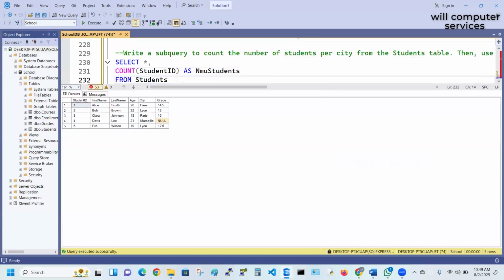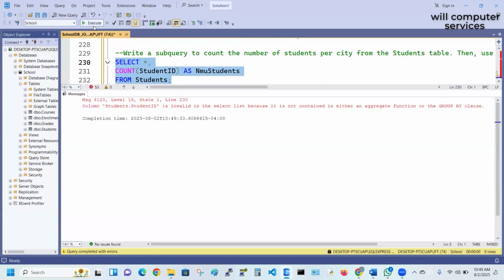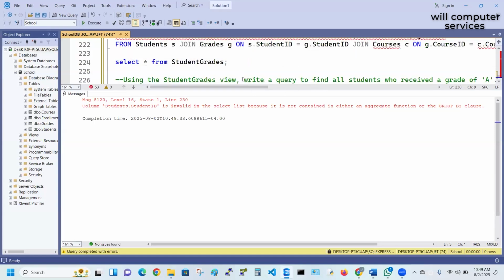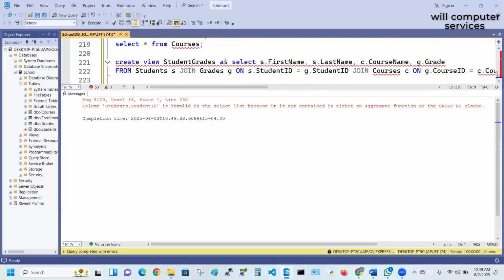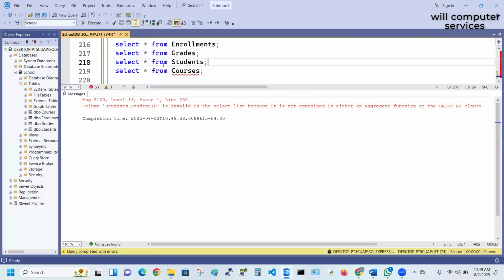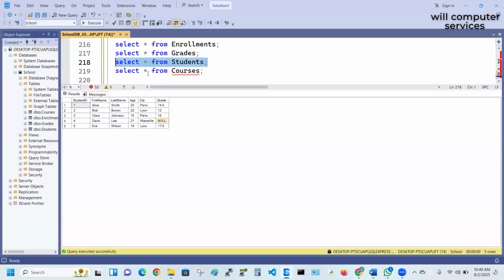So if I do this, let me see. How's this? Right. Why are you selecting all in the first statement? Because I want the first name, last name to show up. Let me see, select, hold on. Because this one we're working from this table only. You see? We're working from this table only. And